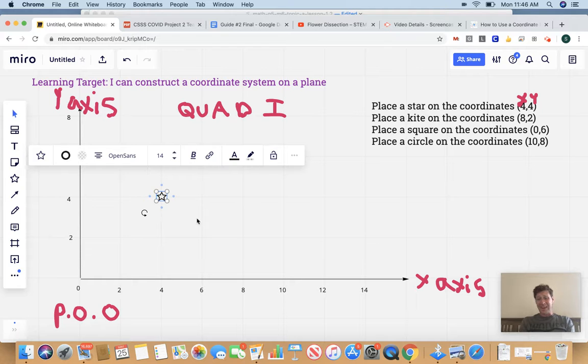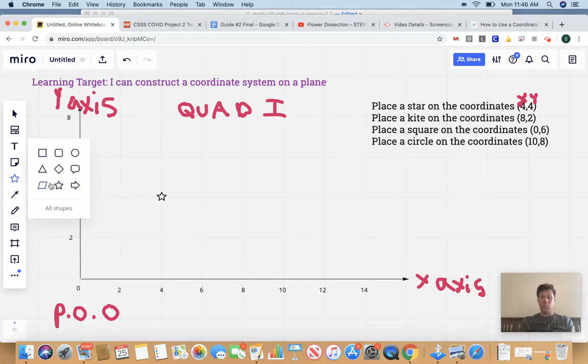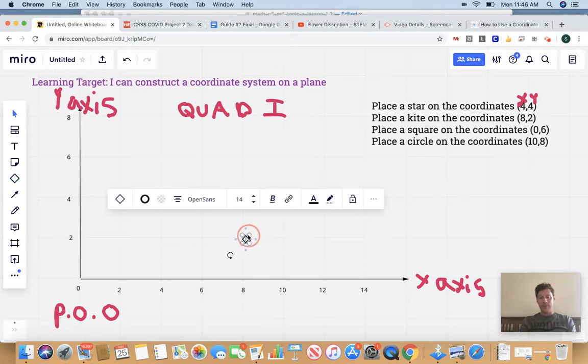What about a kite on the coordinates 8, 2? Well, I'd have to start at 0 and go all the way across to 8 and then up to 2. Finish the rest